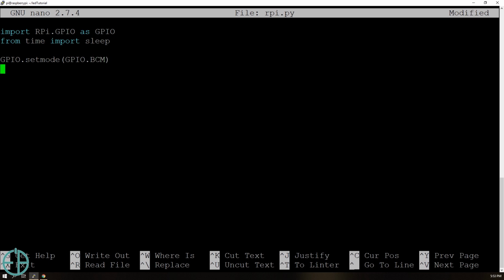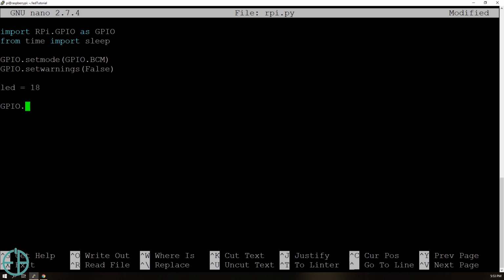This is telling the script which mode to use, and we'll do GPIO.setwarnings(False). The reason I'm doing this is because the GPIO pin stays at a certain state after the script runs. It'll keep giving you warnings saying, oh, this is already used, even though it will let you do what you want to do. We'll do LED equals 18,